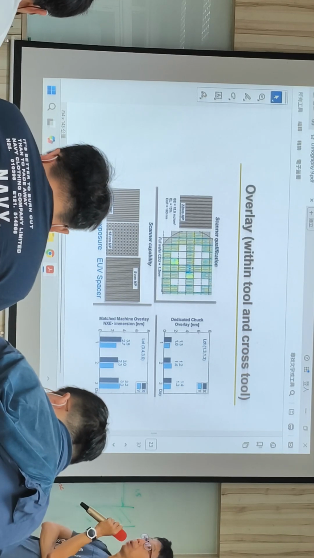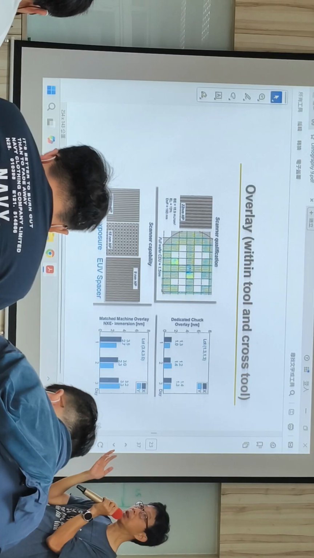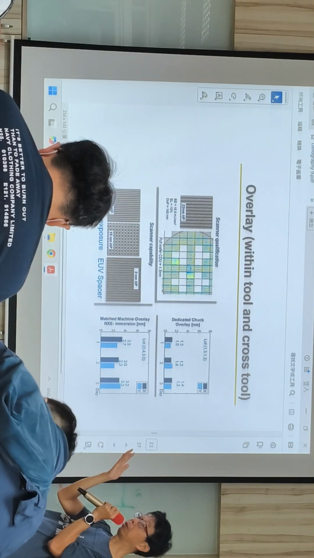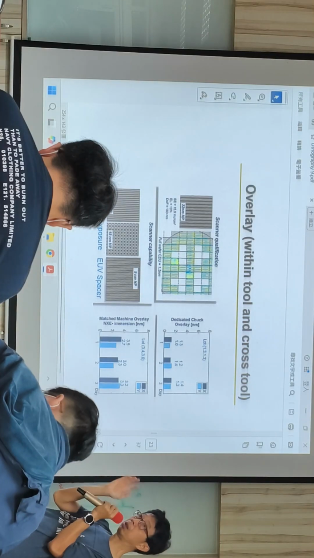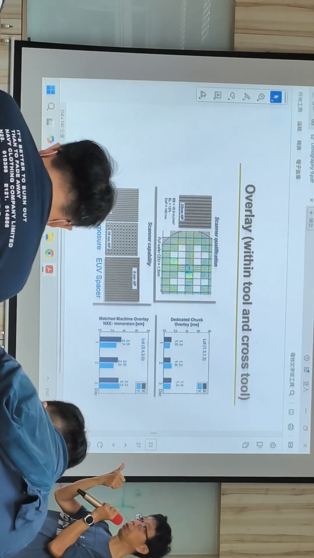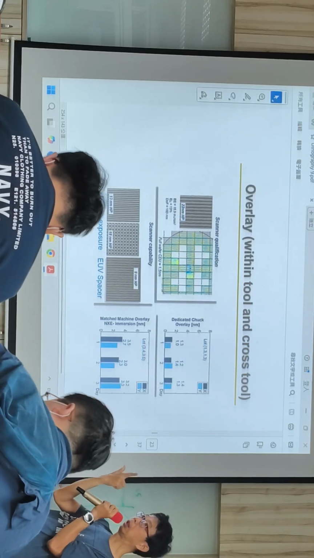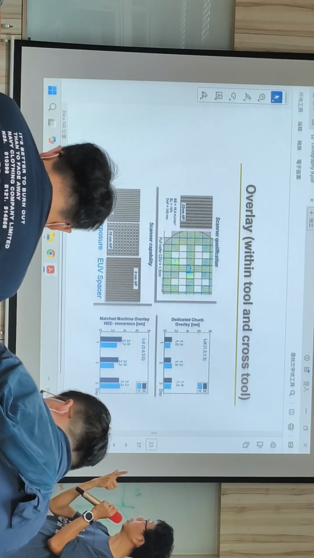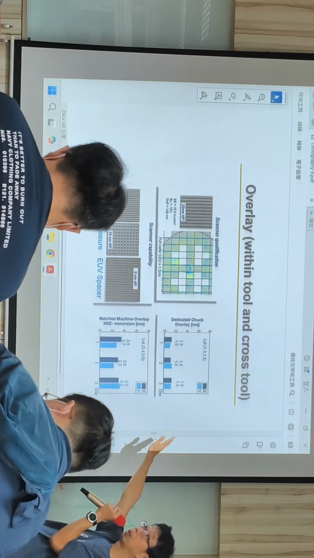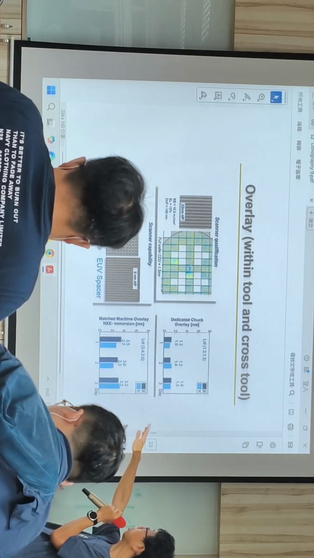Remember we talked about CD variation. I talked to you about intra-wafer CD uniformity, like inter-wafer CD uniformity. So here it is lot to lot, but it is overlay. So from lot to lot,